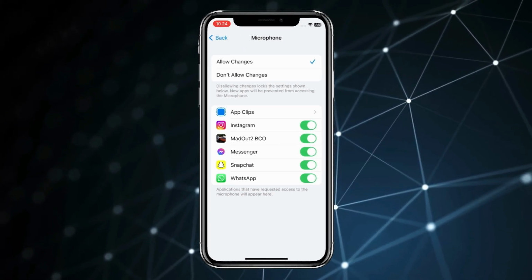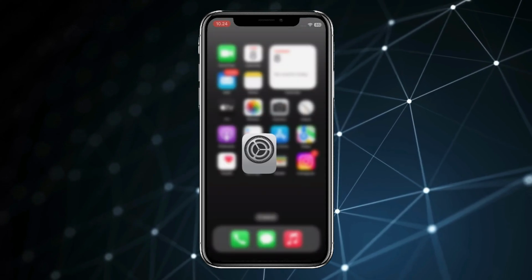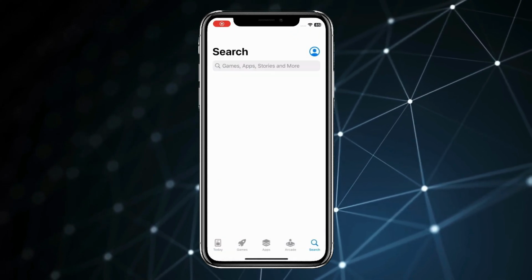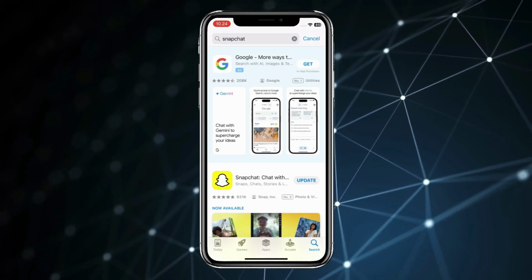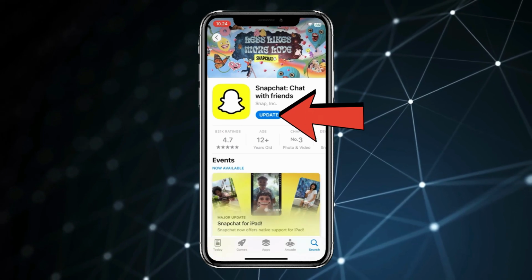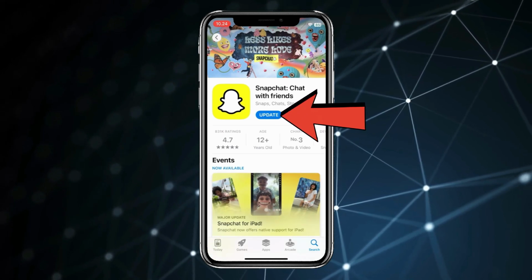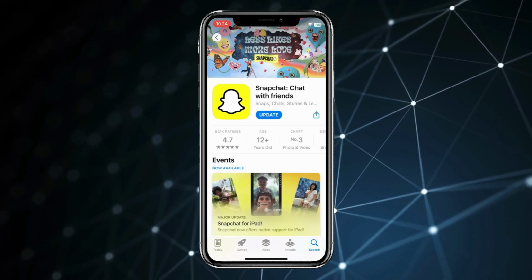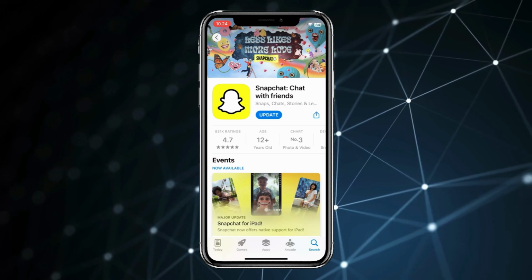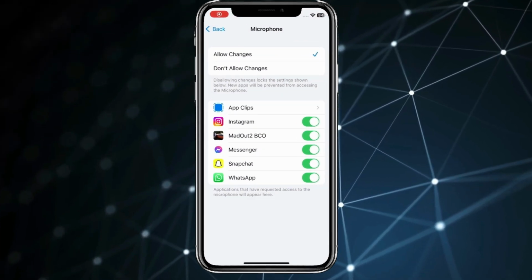If your microphone is still not working on Snapchat, then open App Store. Search Snapchat. Now if you have any update on Snapchat, then you have to update your Snapchat app. After updating Snapchat, if your microphone is still not working, then you can open Settings app again and find General